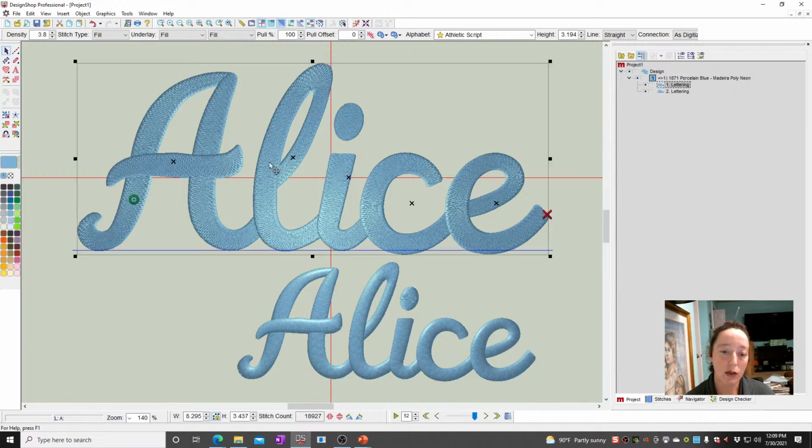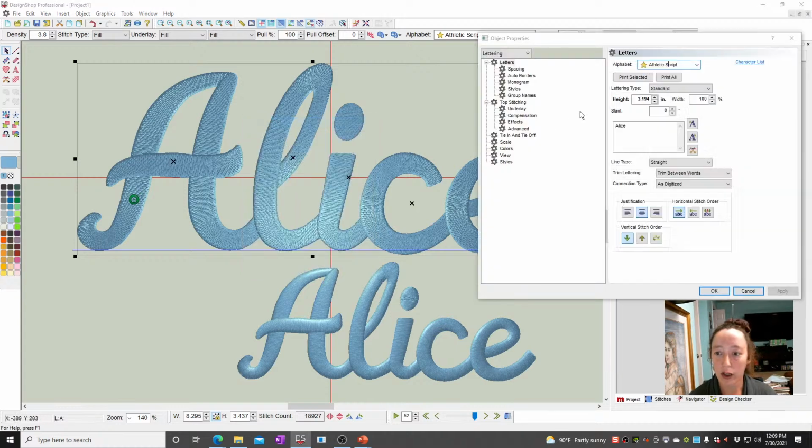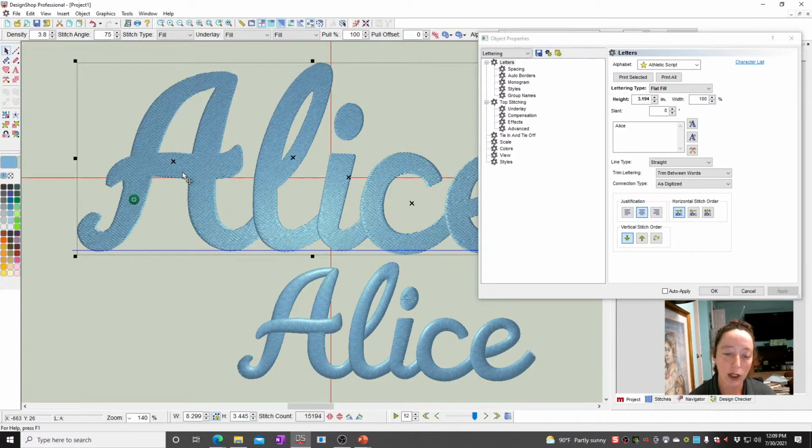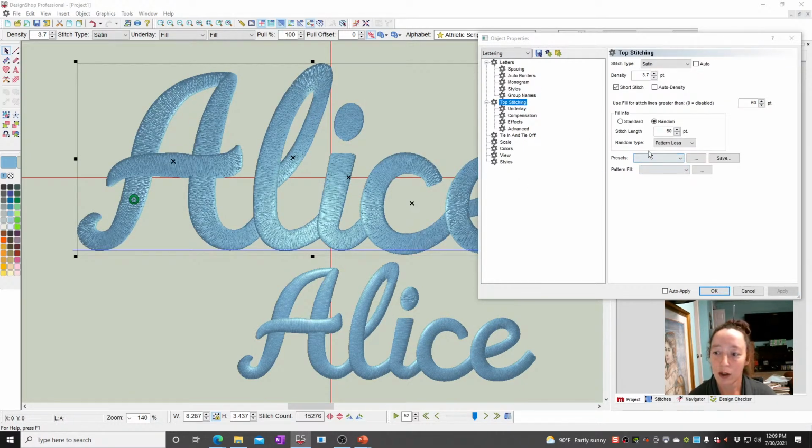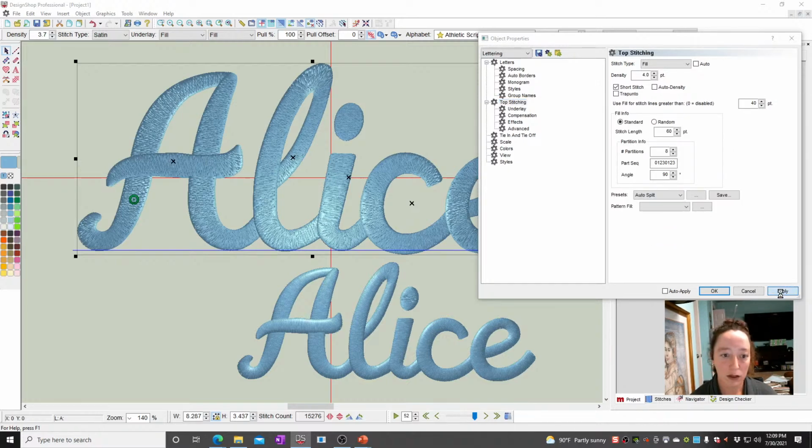So different things you can do on these is, one, if you're using fonts, you can always change it to a flat fill, which that's not what you're asking about of how to make it look more satin, but that makes it a nice flat fill across there. Okay, so that's one thing you can do. Now, one that I personally like to use a lot is to go into the top stitching, and right here where it says presets, if you change that to auto,